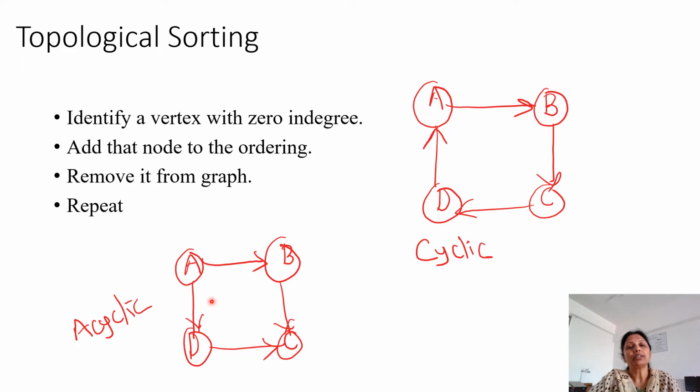Okay, then what are the steps to identify the topological sort? First, we have to identify the vertex with 0 in degree, then add that node to the ordering and remove it from the graph. These steps we have to repeat. For example,